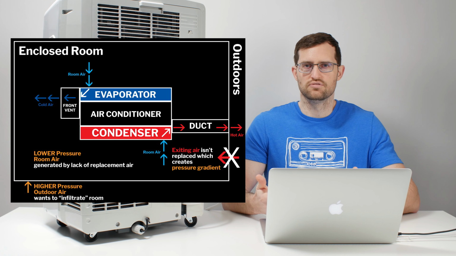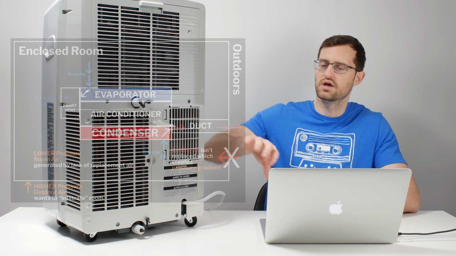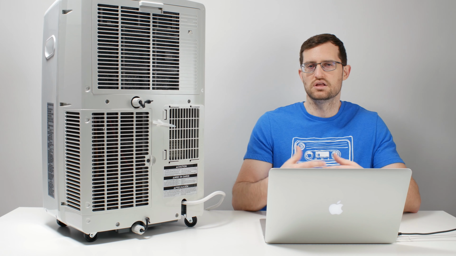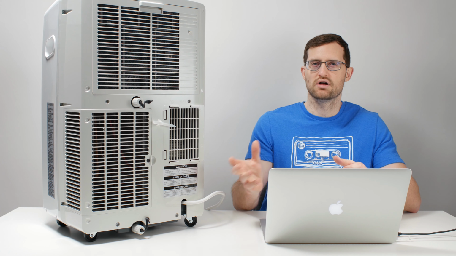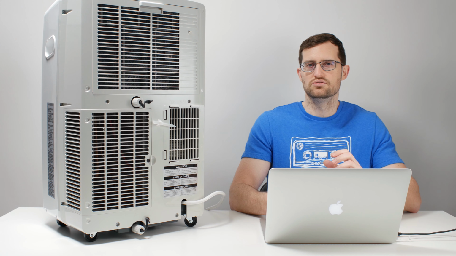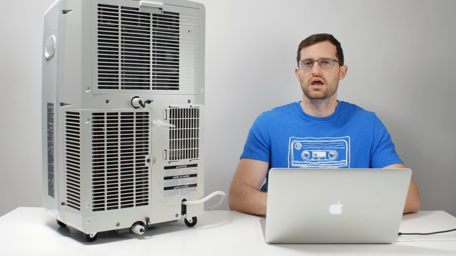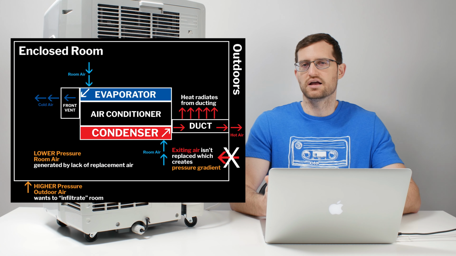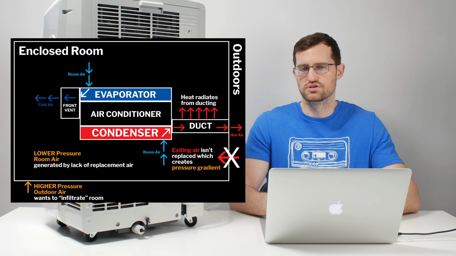The second major inefficiency is the ducting itself. A duct attaches to the back of the unit here. It runs to a bracket in your window, and then that duct allows warm exhaust air to travel through and out through your window. The duct itself is normally made of a very thin plastic to allow the duct to be flexible and bend easily, and also to allow for reasonable shipping weight on these units. So the duct is not heavily insulated, and because of that, it tends to radiate heat back into the room. And that radiated heat is also another inefficiency for these units.